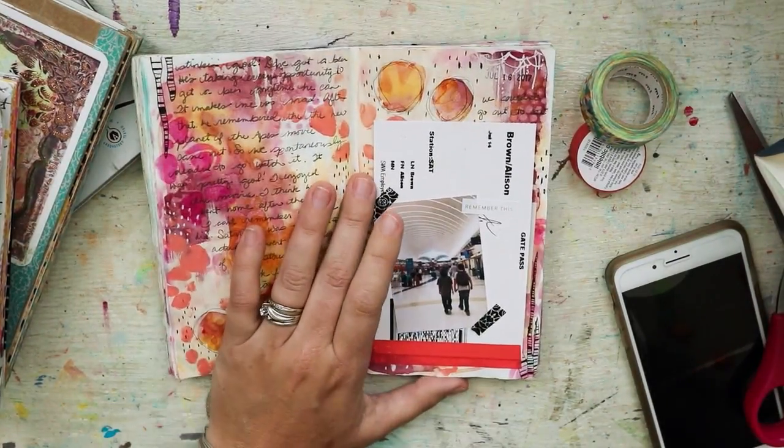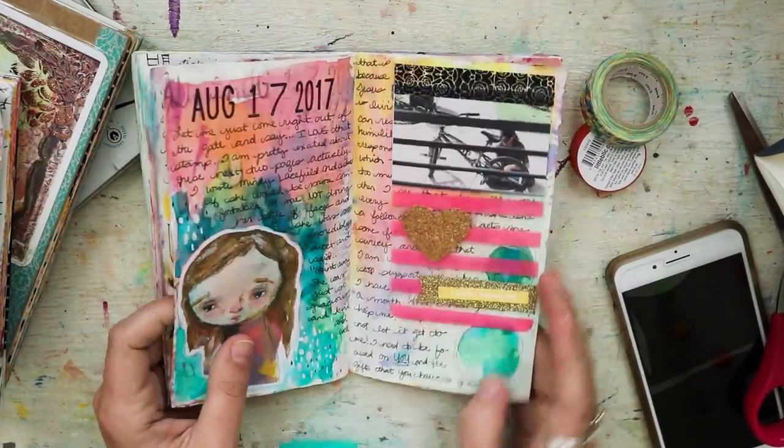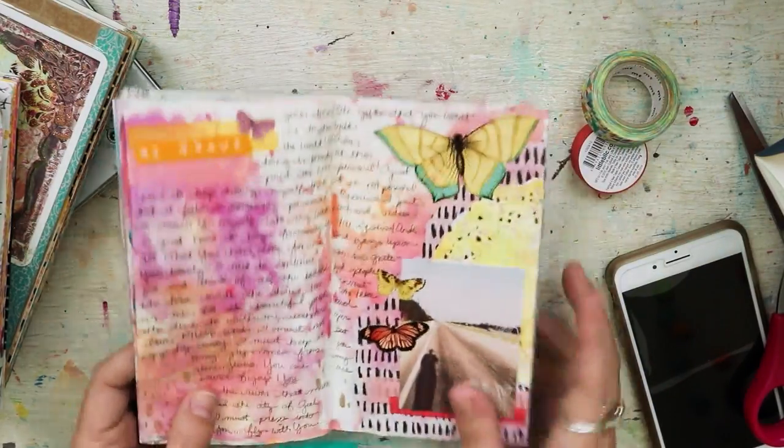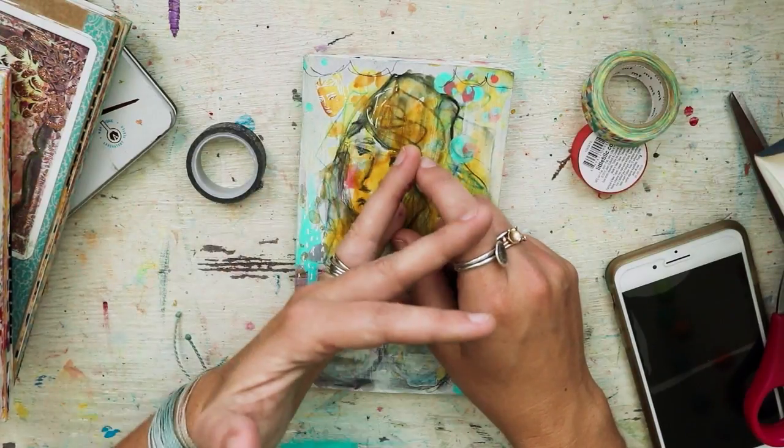Pictures, print out your pictures like I said before. You can tip them in. Let's see. I think I've tipped this one in. And you can just paste them like this. Watercolor, date stamp, pictures, washi,